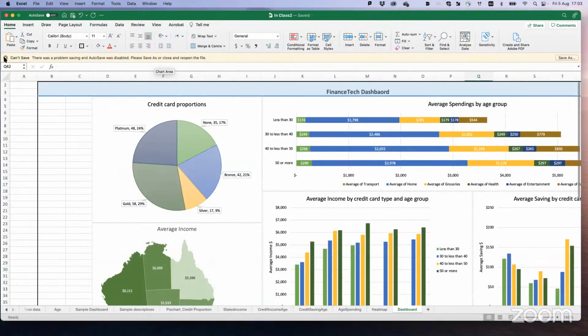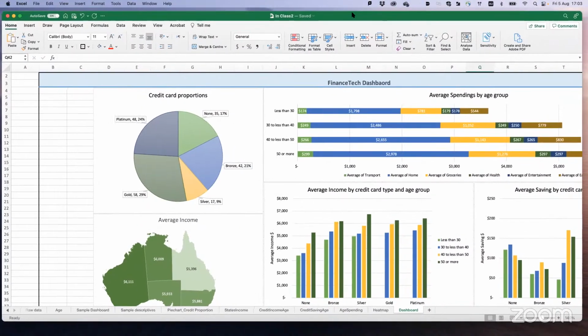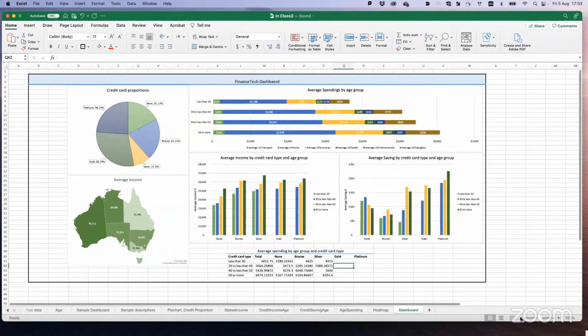I don't know why. But again, you should have something like this, and you can fill the rest of it and create everything.